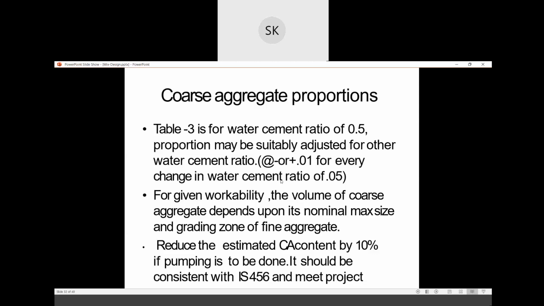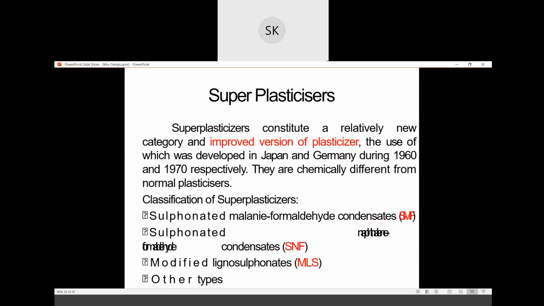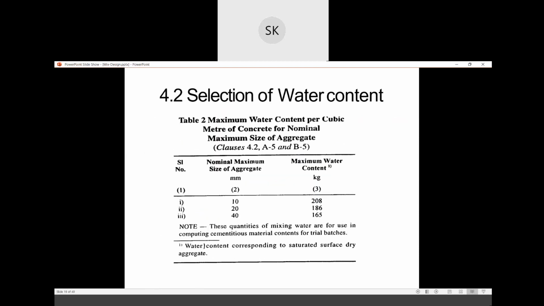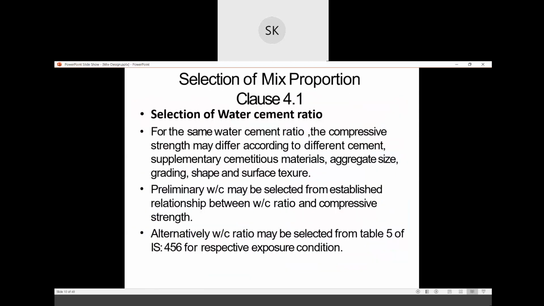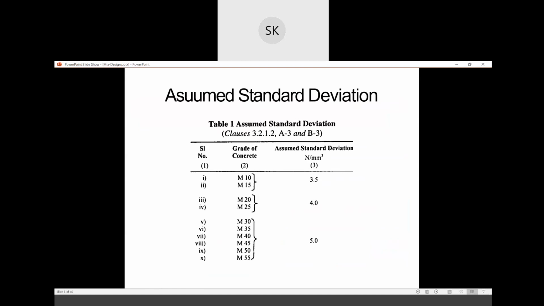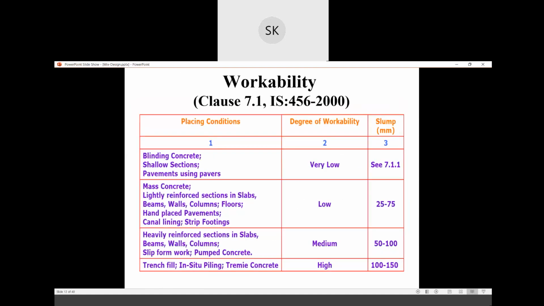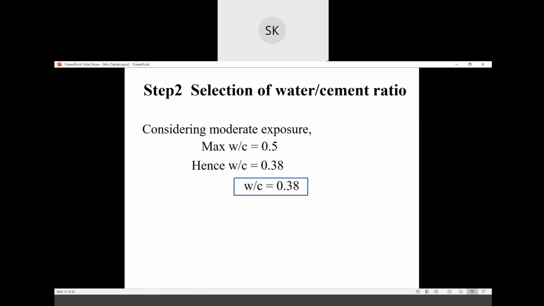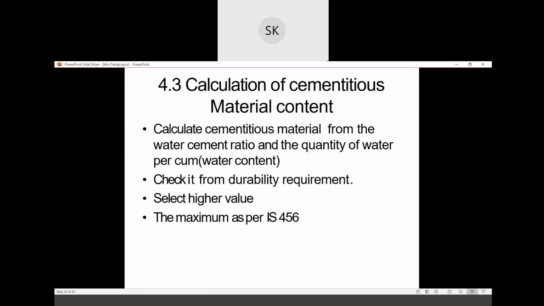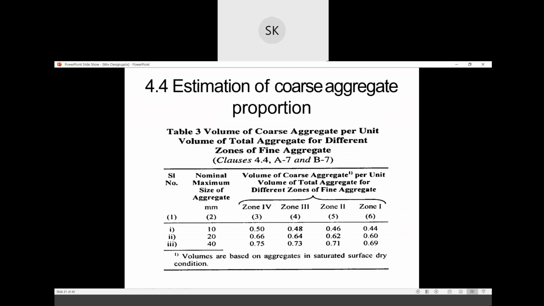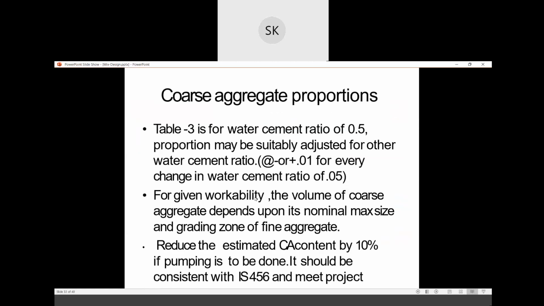So let's go back to table number 3. Okay, where is table number 3? Yes. This table is for a water cement ratio of 0.5. But we took a water cement ratio of 0.38, right?